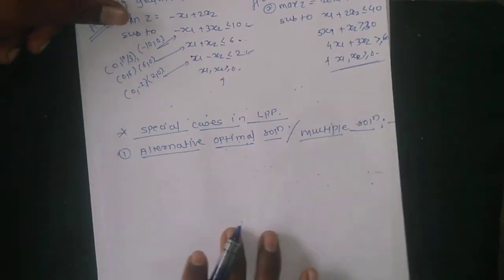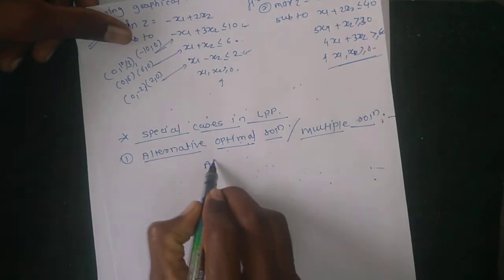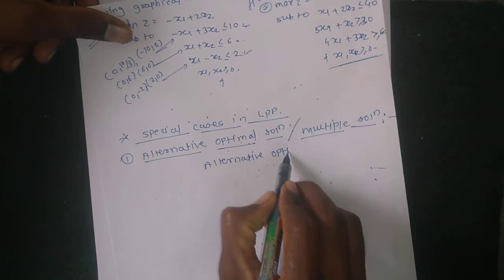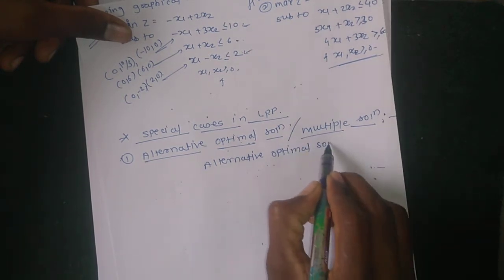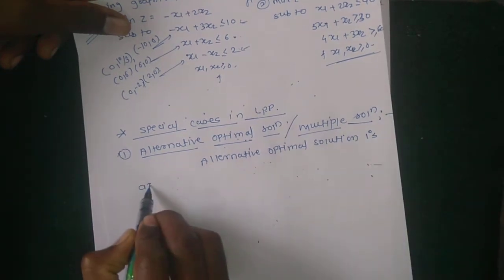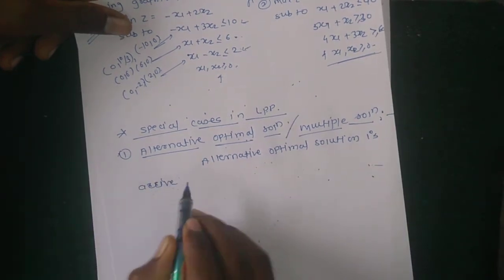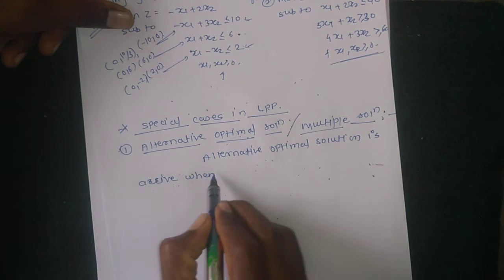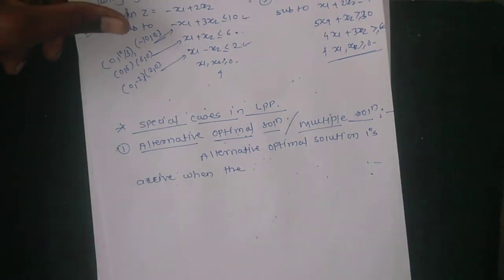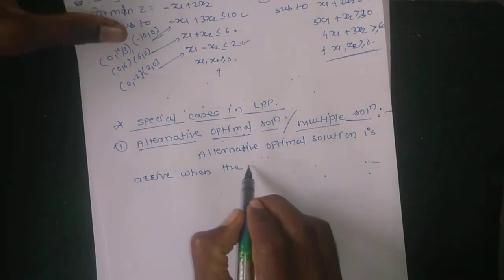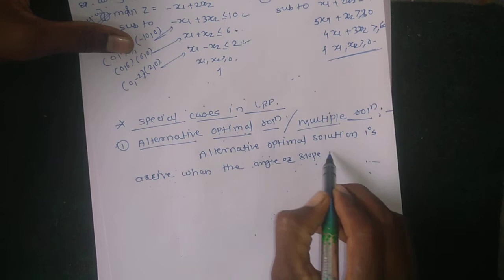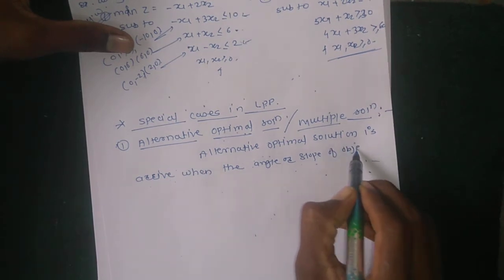An alternative optimal solution arises when the angle or slope of the objective function